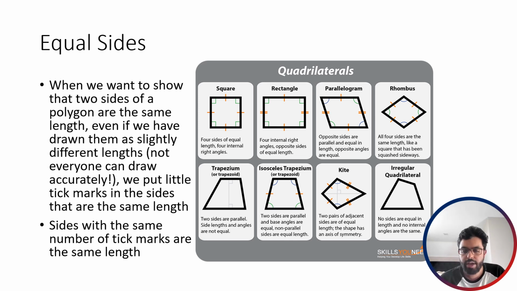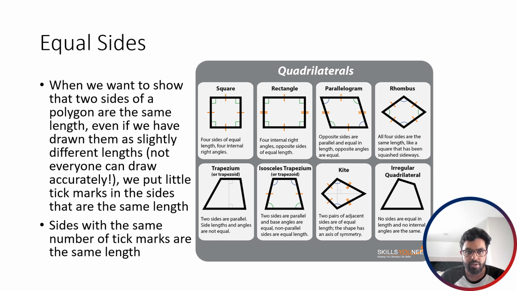and start drawing out polygons, and having polygons on our homework assignments or in diagrams that I give you on quizzes and tests. And I don't want you to panic when you start seeing all these extra symbols that show up on your shapes. So I want to talk about how we indicate equal sides and equal angles when we're